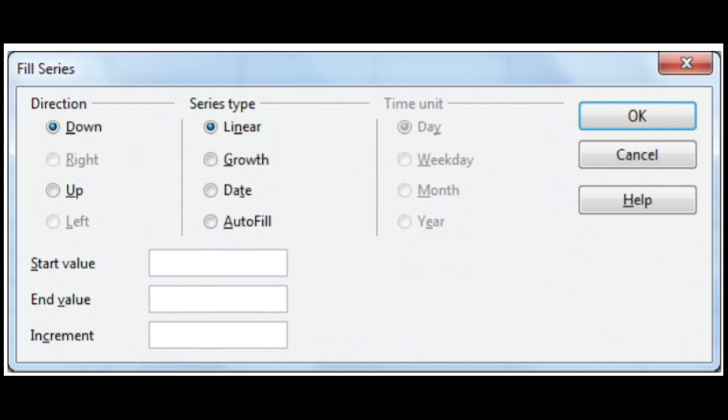Increment: if you have the first and second values of your series, the next value, the third value, will be generated based on this increment. If you want to generate a decreasing order, a negative value should be specified as the increment value.